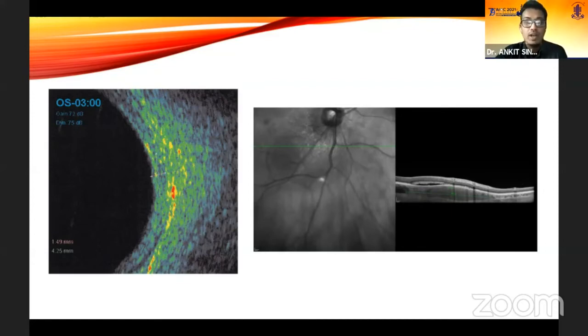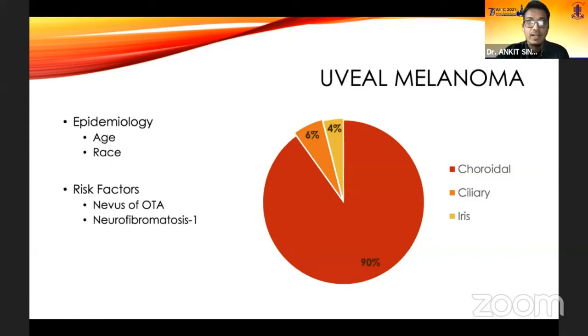Now let's talk about the big bad lesion, that is uveal melanoma. Iris and ciliary body melanomas form a small proportion of all cases. Choroidal melanoma is a disease of middle age and elderly. Having said that, we do see some young people who can get this rare tumor. They tend to have a better prognosis due to better systemic immunity, which also fights the metastatic lesions.